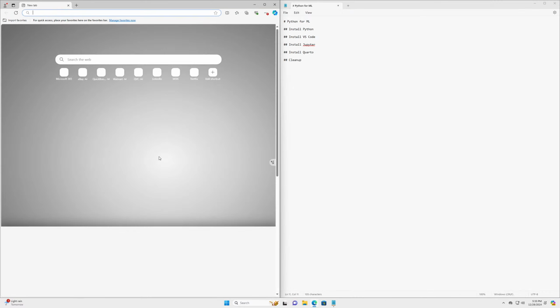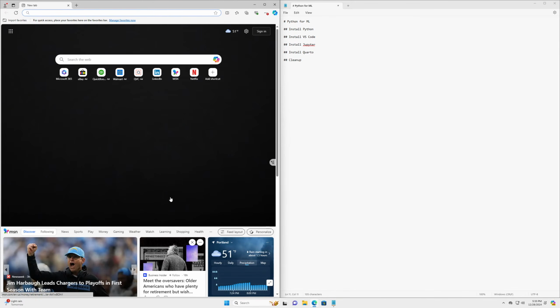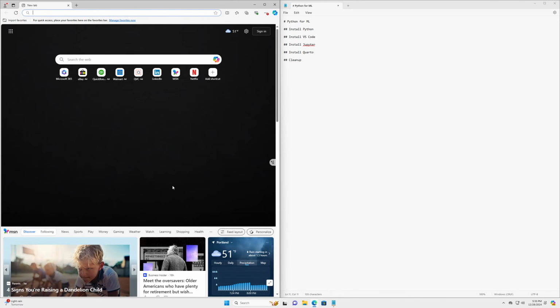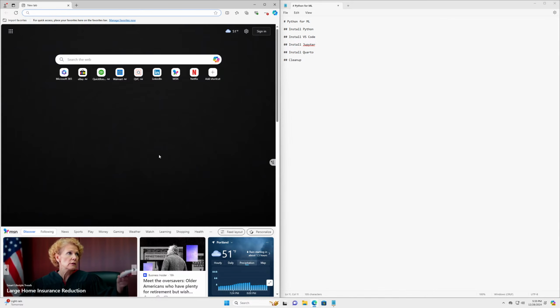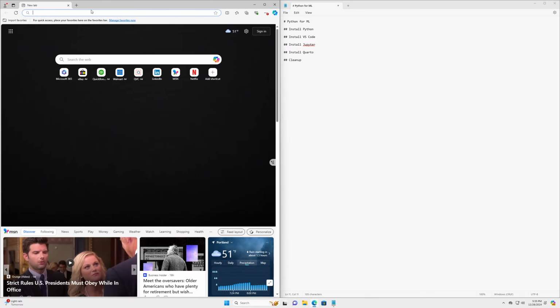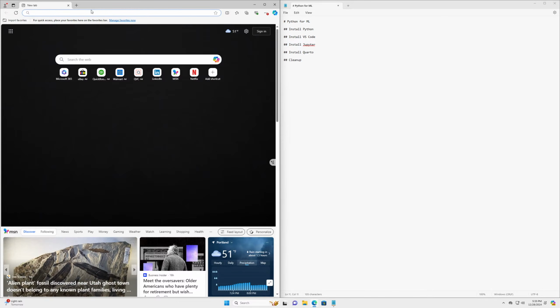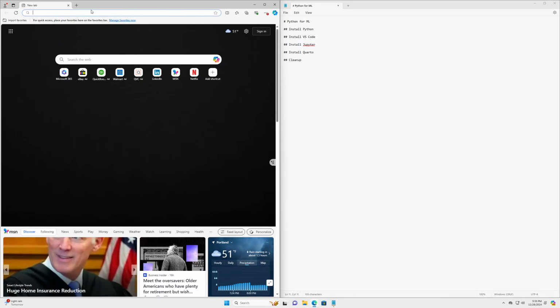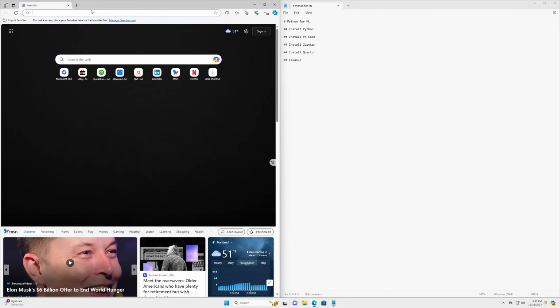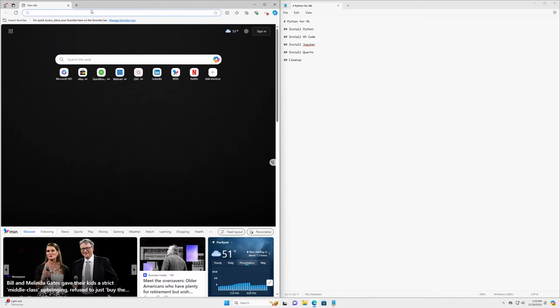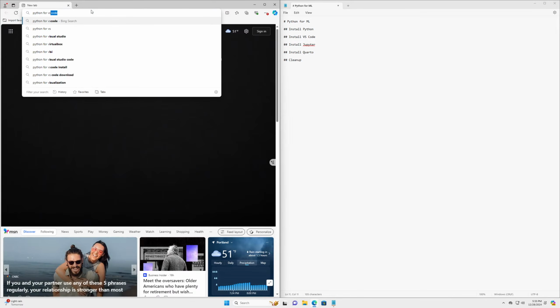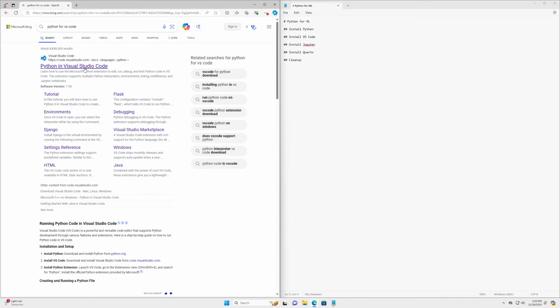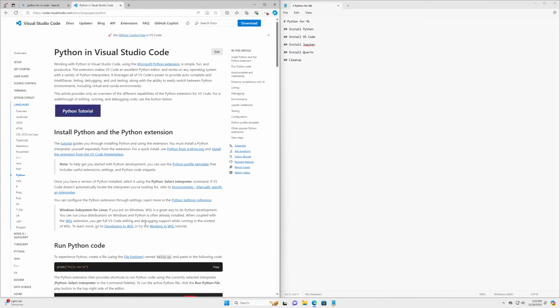install some software. Since this is provided by Microsoft, I have Edge here as my default browser. I personally use Firefox. You can use whatever you want. Microsoft gave me this and it has Edge on it, so I'm going to use Edge. To me, the place that makes the most sense to start is not necessarily just with Python directly, but I'm going to want to use Python with VS Code. I'm going to click on this. And this is an explainer of how to get Python set up to work with Visual Studio Code, which is the Microsoft